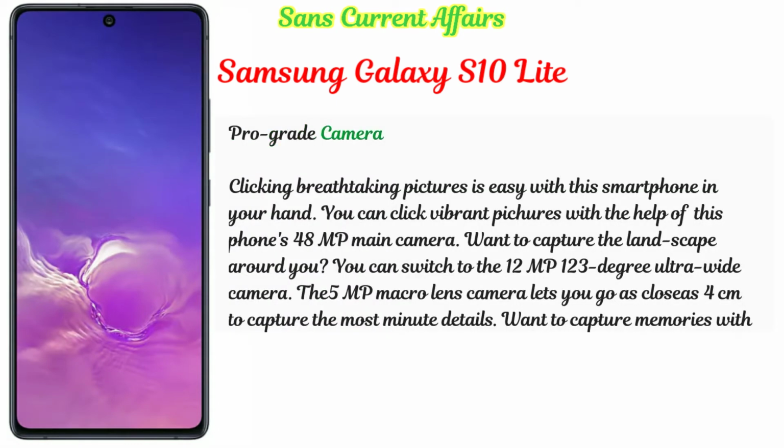Pro-grade camera. Clicking breathtaking pictures is easy with this smartphone in your hand. You can click vibrant pictures with the help of this phone's 48MP camera. Want to capture the landscape around you? You can switch to the 12MP